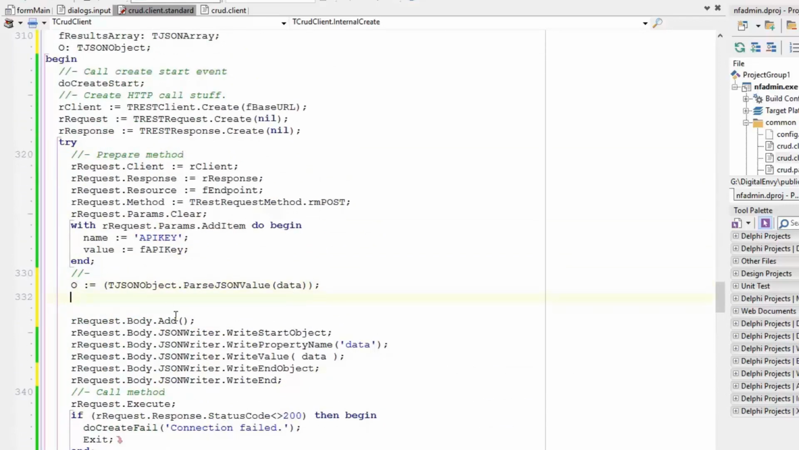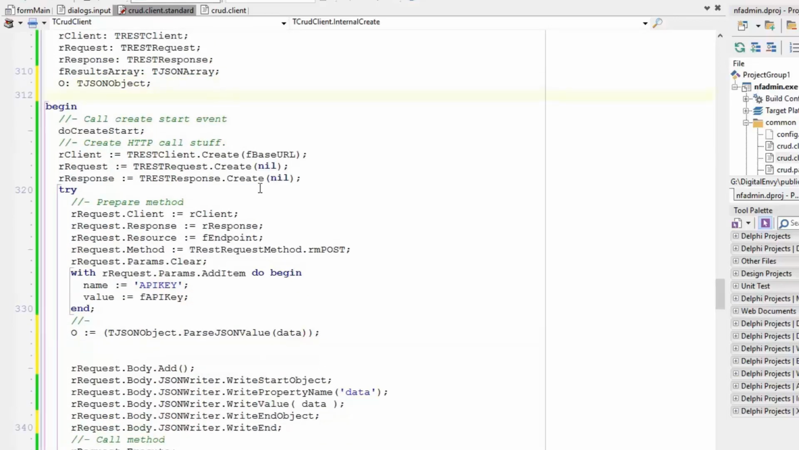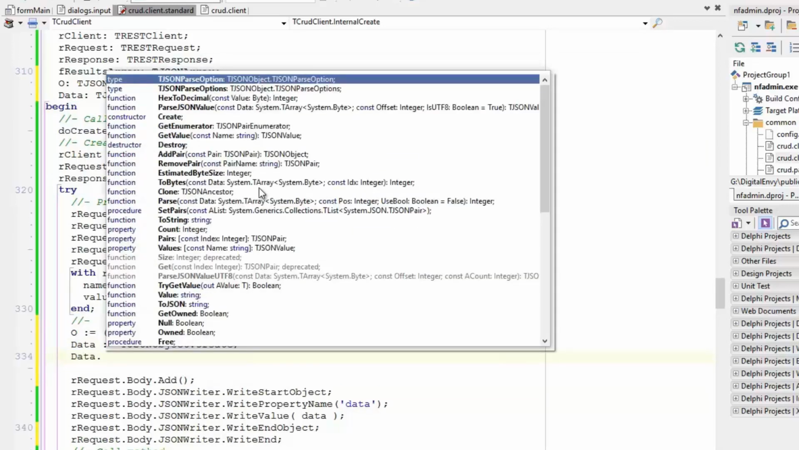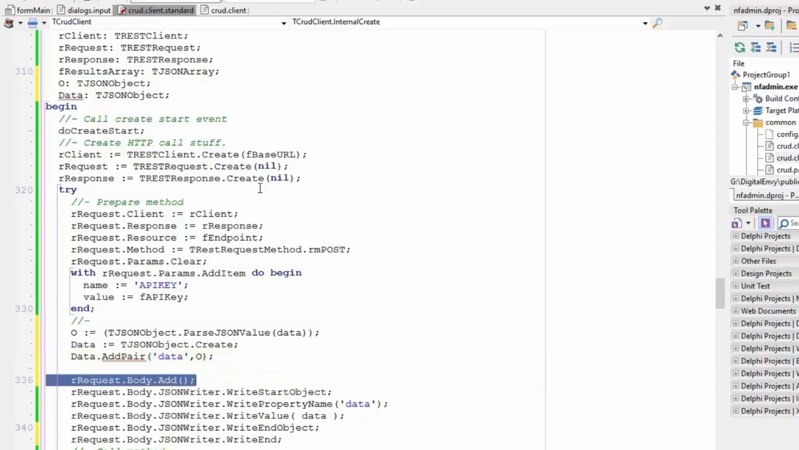And then we're going to create a new object, so let's call this data. TJSONObject, and we'll create data is equal to TJSONObject.Create, data.AddPair. We're going to add in on the left side of the pair, this is data, and on the right side of the pair we actually want the JSON object from above. Okay, and then